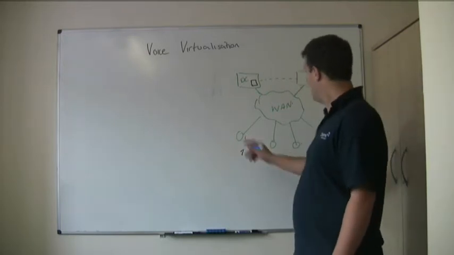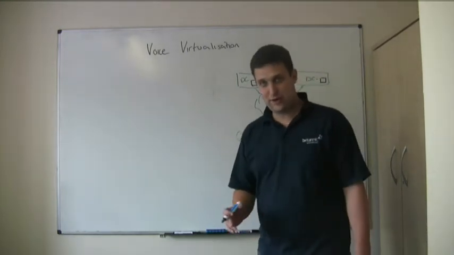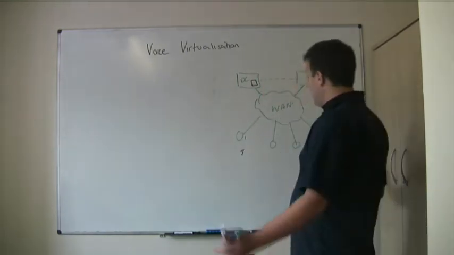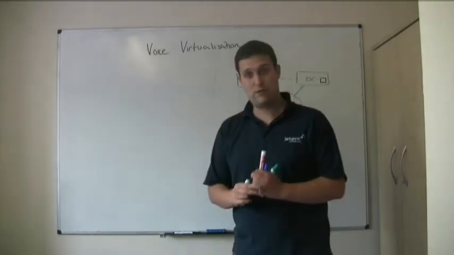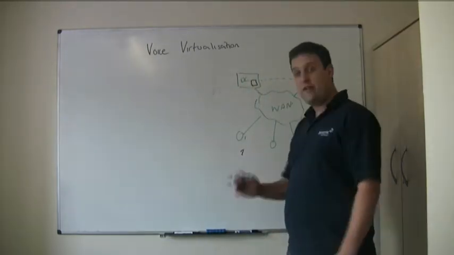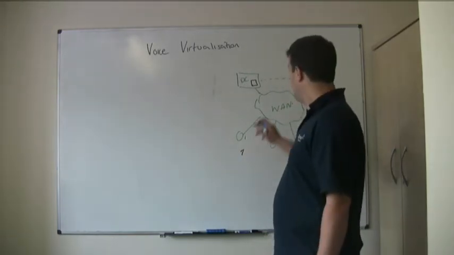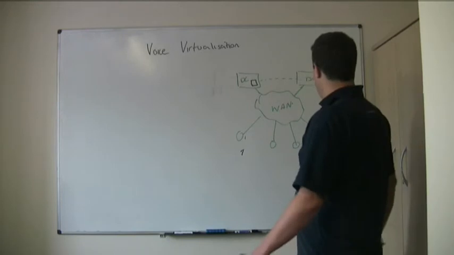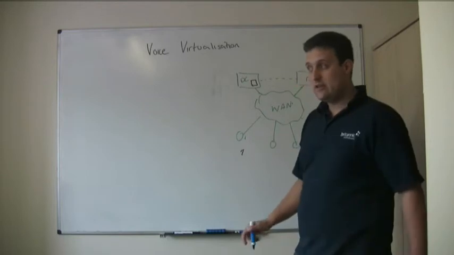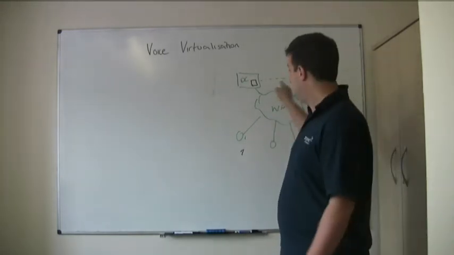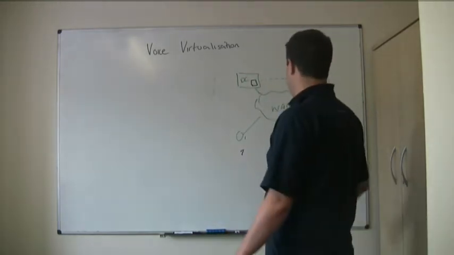In this environment, suddenly you've taken 4 separate telephone systems, 4 sets of maintenance contracts, 4 sets of trunking, and you've aggregated that to a couple running inside your VMware environment. It means that you're very much in control from a central perspective of how your calls are being delivered internally. Your telephone features are being delivered from your cloud, from your servers, and as a result of that, your users, your sites, become consumers of your telephony service in the same way as they're consuming your applications and your services internally.